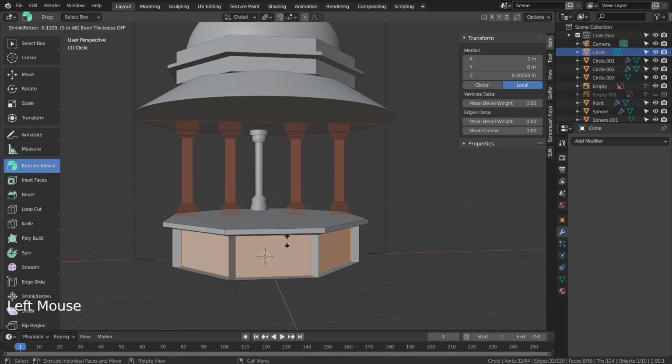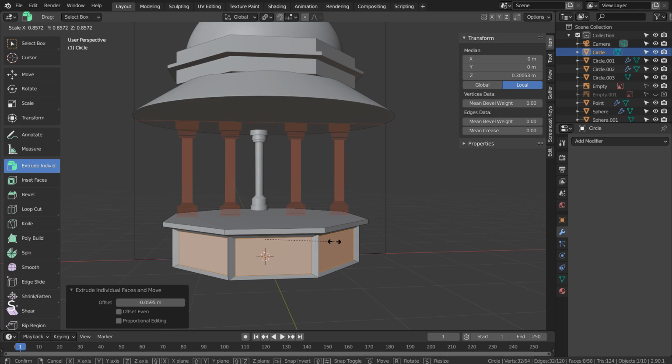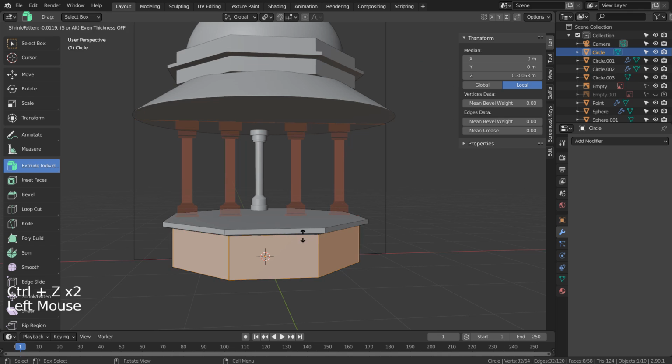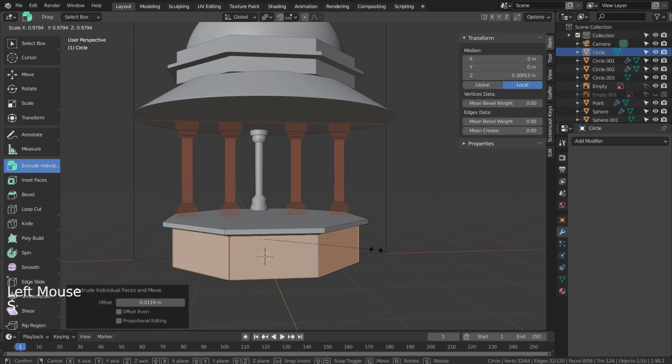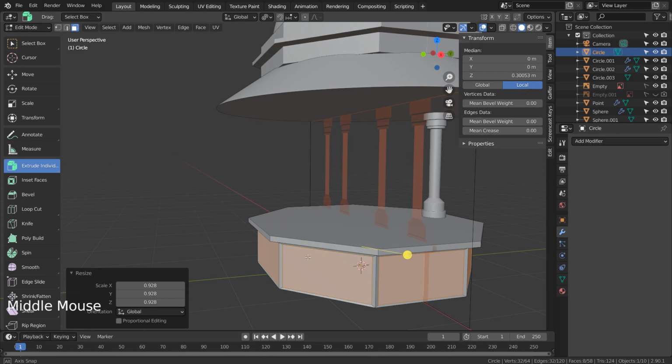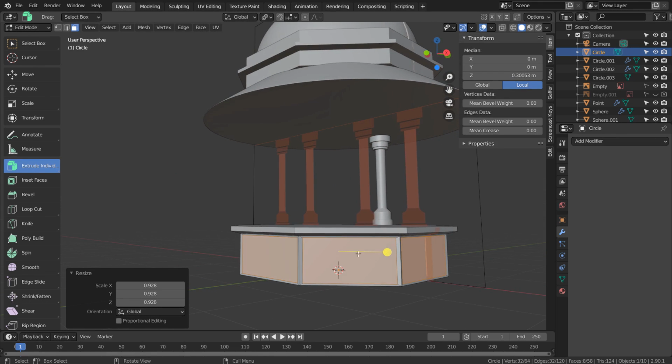Ctrl-A, to reset all transforms. Alright, then we need to extrude only a little bit and S to scale. Alt-E, to extrude along normals, or we can use the icon on the left.